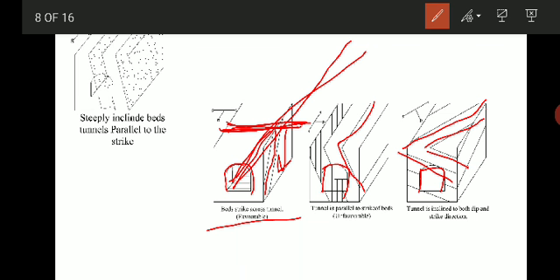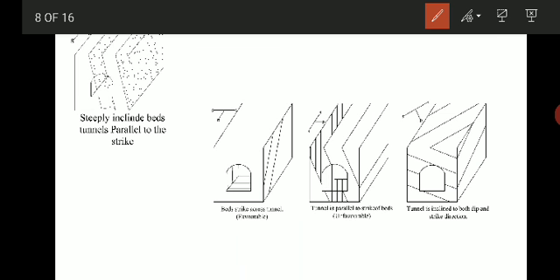So even a relatively weak rock may thus be rendered safe, because the rocks are moderately inclined and it is a favorable condition. But one problem is you will come across a variety of rocks, which are to be encountered while cutting through the rock sequence across the strike. So that is the first case, wherein the tunnel is across the strike of the beds.